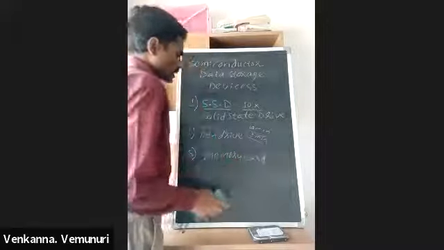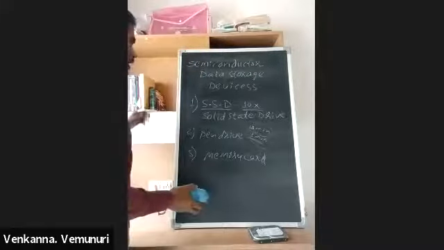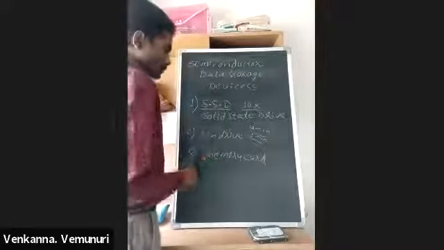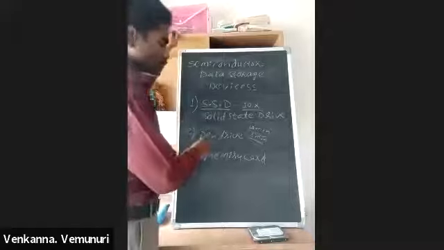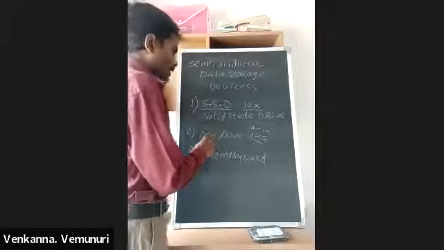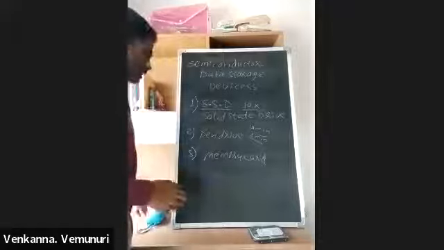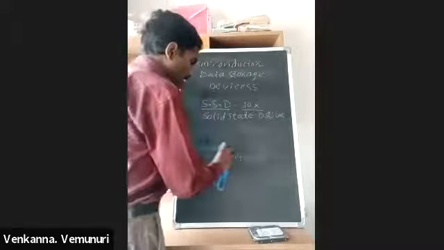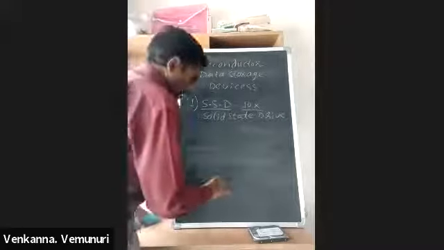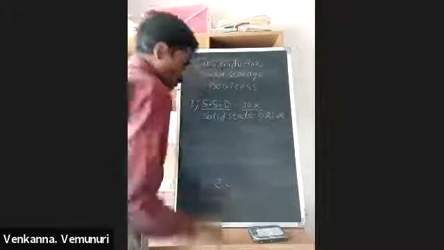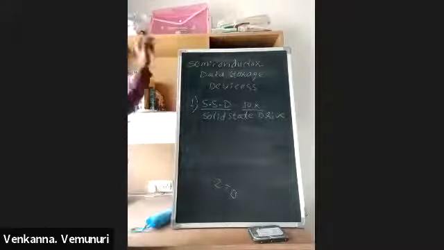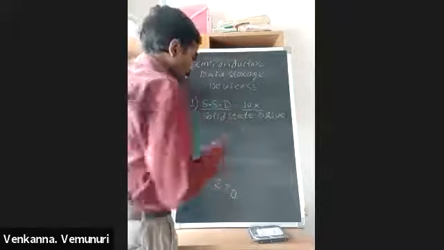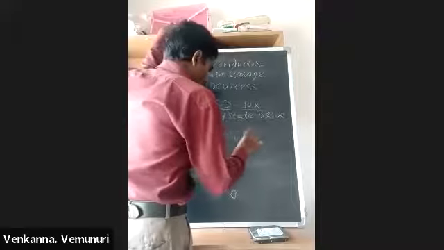So that is the reason nowadays solid state drive is very popular, but it is more costly. And the next one is pen drive. In this also there is a memory chip. It also stores data. And previously we discussed the normal hard disk. What is the capacity of a normal hard disk? We discussed 2 TB. But here, the solid state drive's maximum data storage capacity is 256 TB.